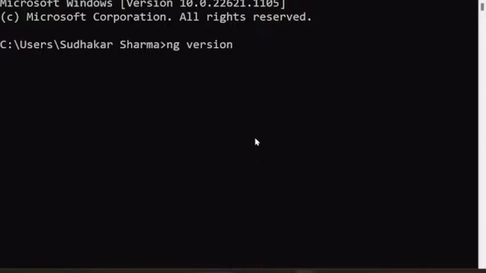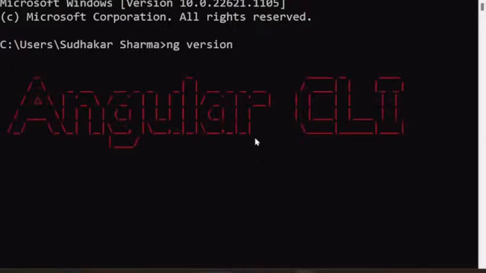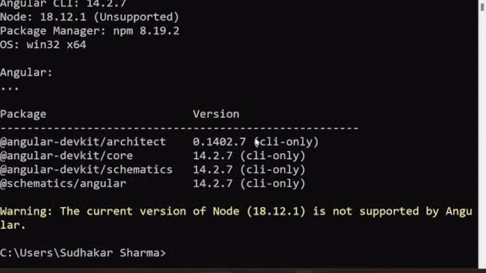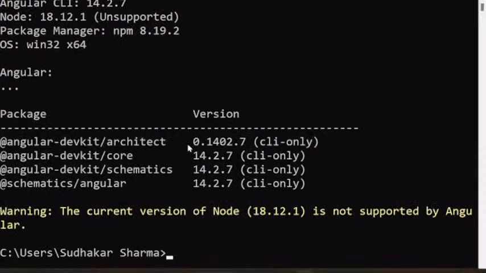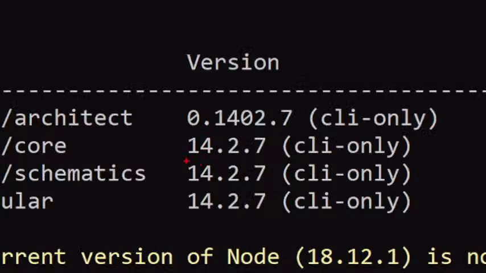Which Angular version is it having? 14. Angular version is 14.